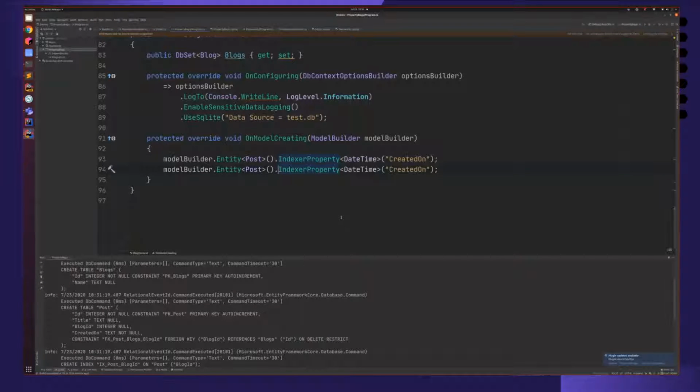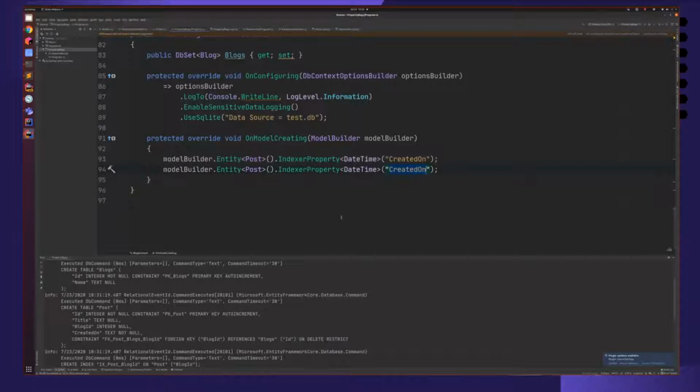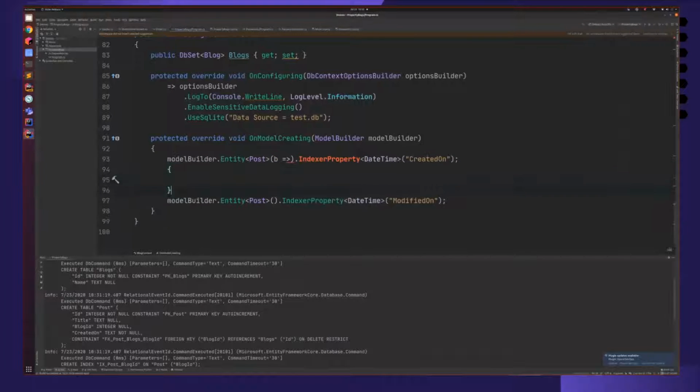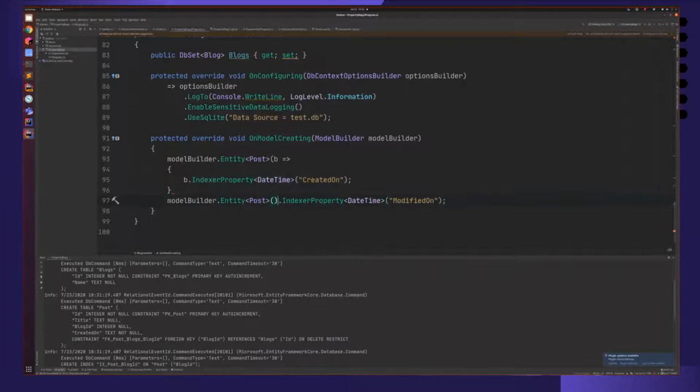I could replicate this line and do another one. I could say, okay, we also want a modified on, for example. And that's fine, that code will work. I want to show a quick tip here that a lot of people seem to miss, which is you don't have to repeat yourself quite that much. You can do this, what we call the nested lambda syntax, where I take these things and I put the first one in here, and then I can also do another operation on the same entity type. So instead of me having to type the entity type post twice,